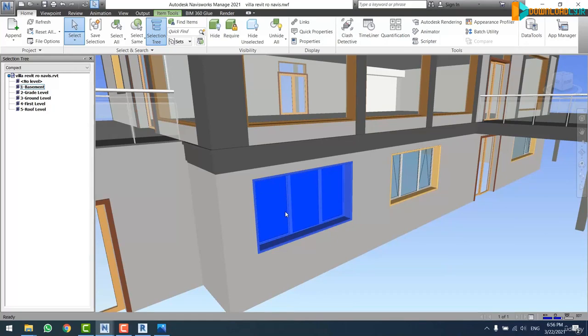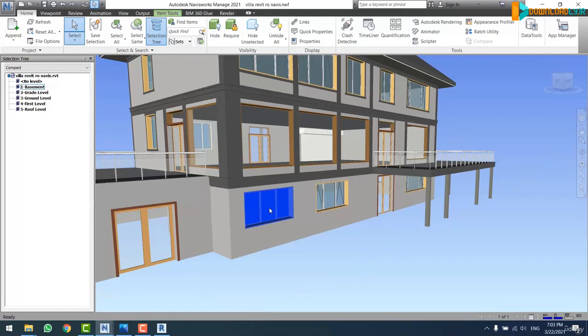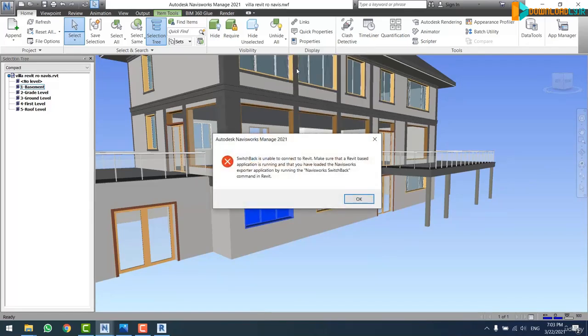Supposing that you are checking your model in Navis, then you detect some problems. After that, you want to find the detected instance in Revit. So you may face difficulties while you are trying to find the exact instance. But here, I right click and I click on switchback. Right now, as you can see, the switchback is unable to connect to